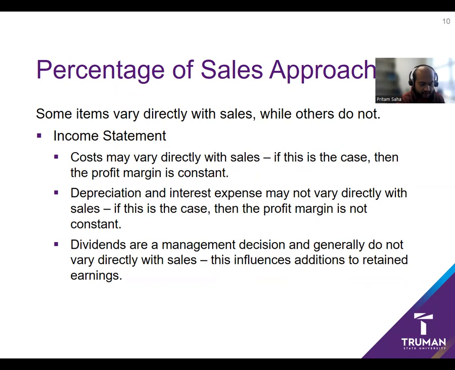First of all, we are trying to say that we want to forecast sales and all else is tied up with sales, right? We're talking about interest payment, depreciation, asset growth, all else are tied up with sales. So there are some issues, because costs are tied up with sales. So that's correct. That's the right assumption. So cost of goods sold are tied up with sales. And in those cases, profit margin is generally constant.